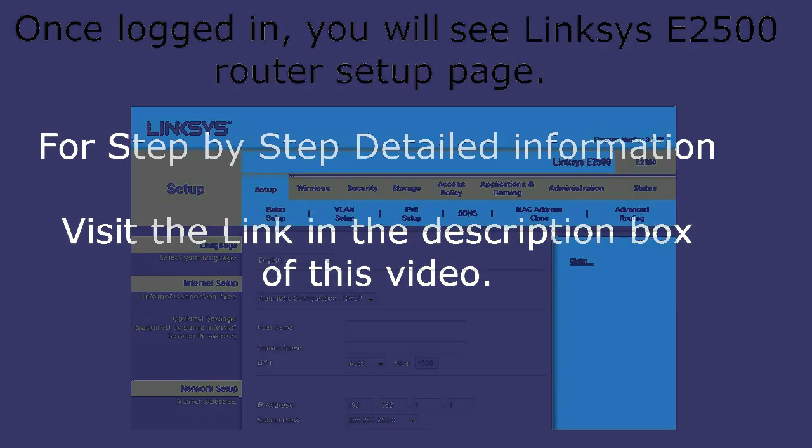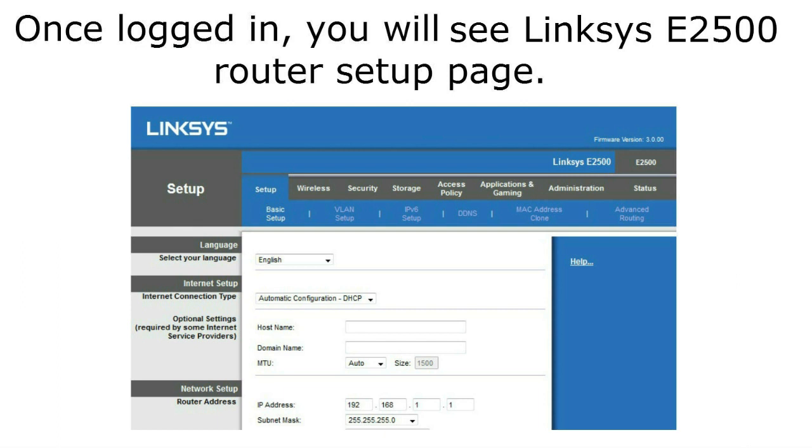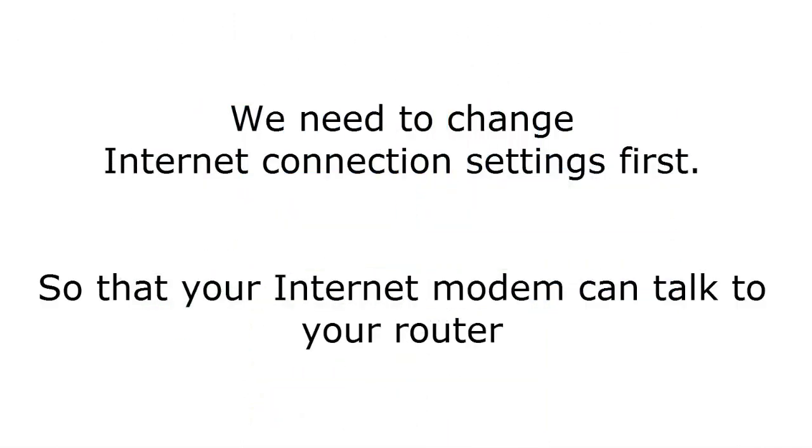Now once you are logged into the Linksys router, you will see the setup page of the Linksys E2500 router. First of all we will need to change the internet connection settings of your router so that your router and your modem will talk to each other and your router will get the internet service. So we will first change the internet connection settings on the router.